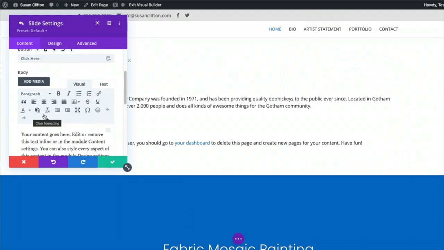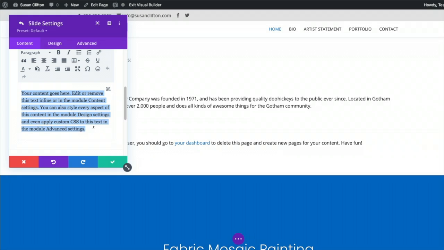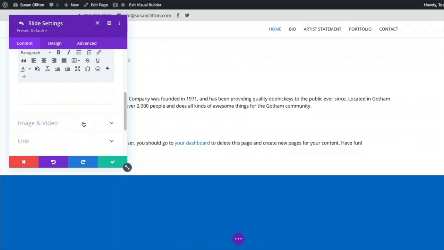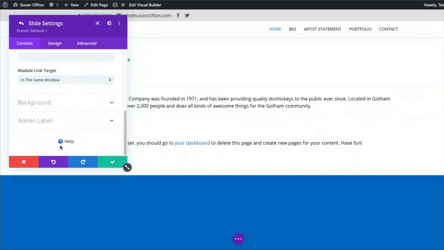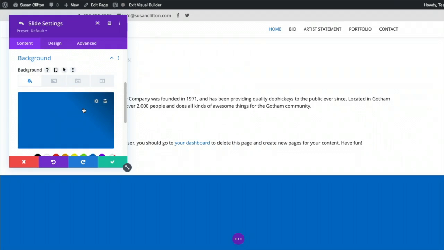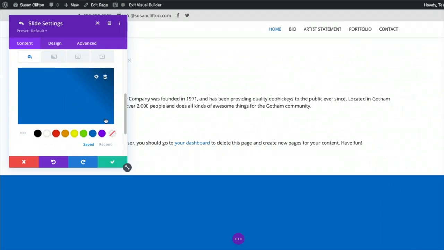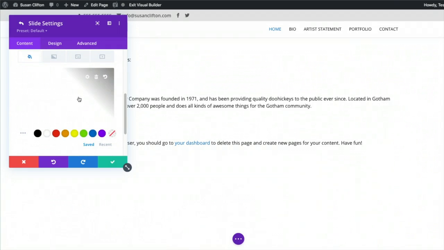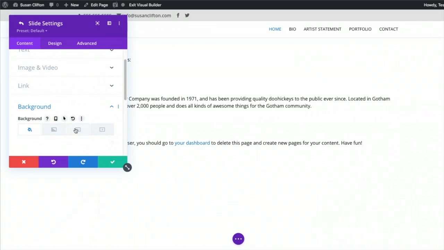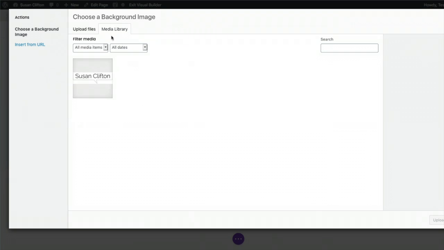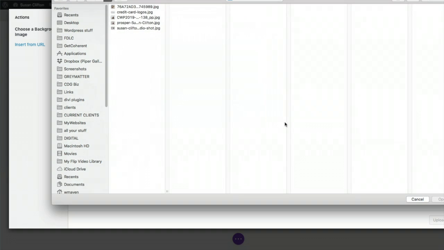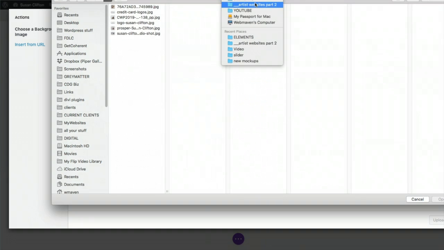and I'm going to take out this because I don't want to say that much. And I can put my link here. I'm just going to put that for now. I don't know what page I want to link to. I'm going to take away that background, and if I go to the 3rd tab over, I can now add an image. So I'm going to go upload files, select files, and now I have to go to that folder